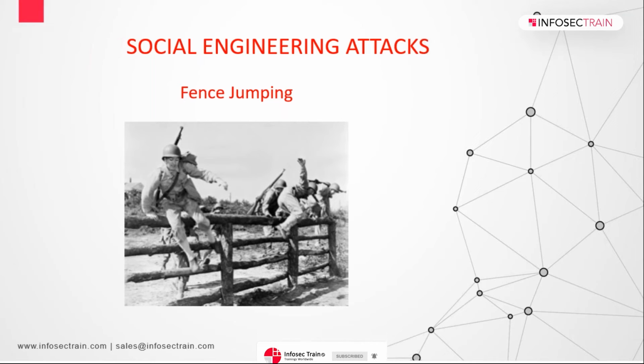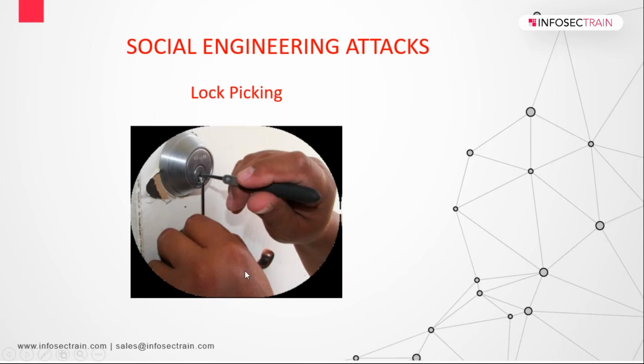Let's say you were able to surpass any fences and you were able to enter the organization, and you connected to the internal network somehow, and then you can perform all those scans and everything which you want to do. Got it? Perfect. So you are going over the fences and everything to get access out of it. Moving on to the next one, which is lock picking. What do you understand by lock picking?